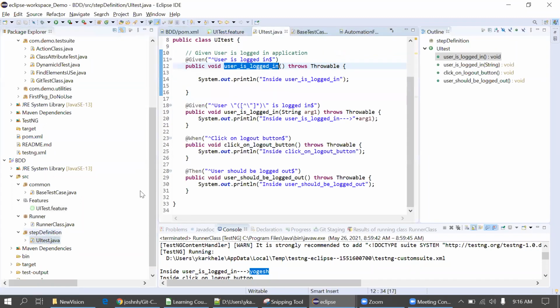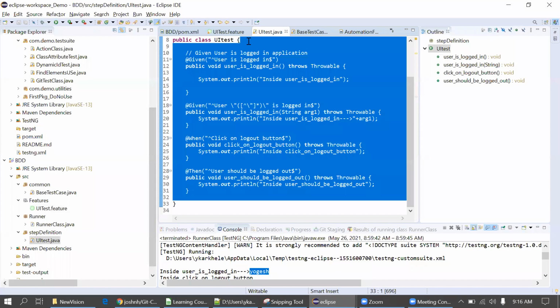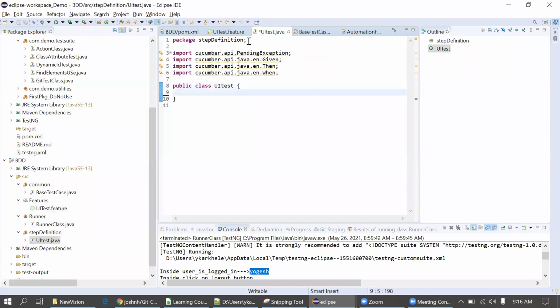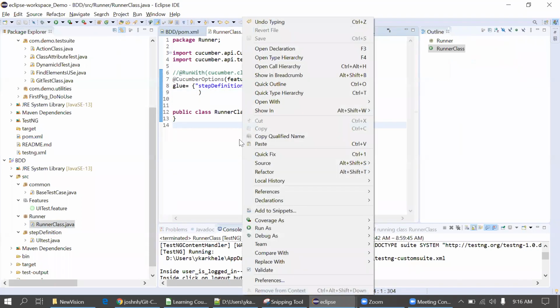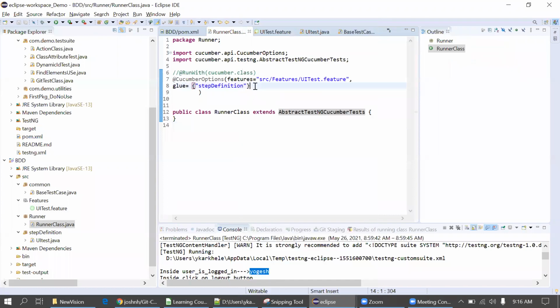Okay, and I'm deleting methods from this to avoid confusion, and executing this runner class. In some cases, you won't get the methods automatically created in the console. In that case, you can simply set dryRun as true here. This is also one keyword. This is the keyword for that: dryRun is equal to true. I don't require this now because it is automatically getting created in my case.